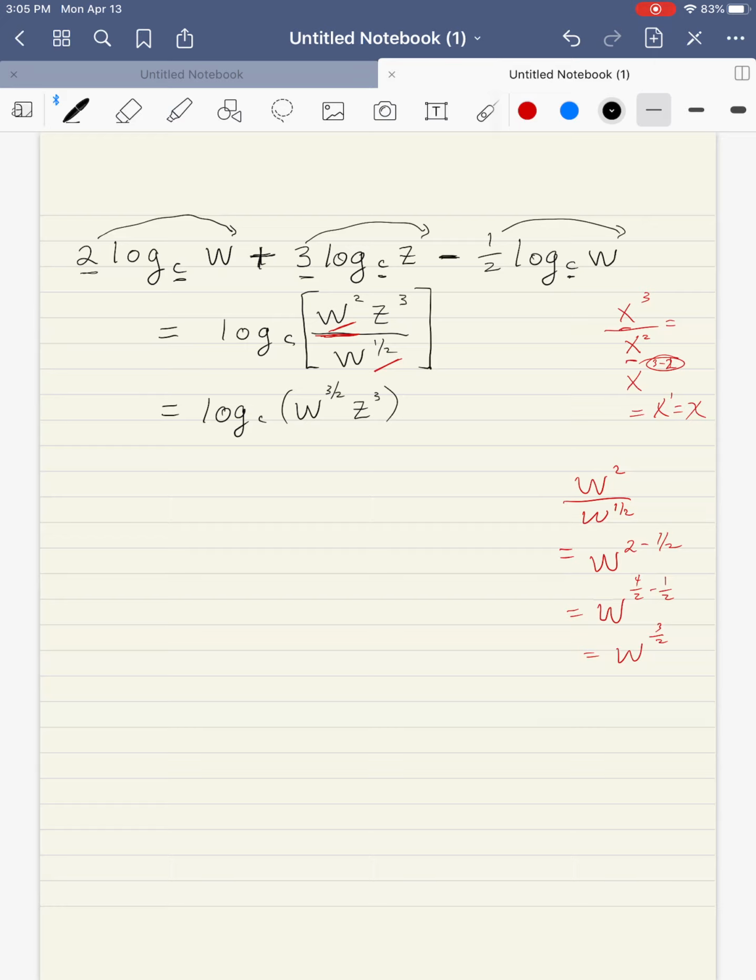All right, so on this one, we used all of our rules. We used the addition rule, we used the subtraction rule, we used the power rule, and then we had to simplify because we had the same variable to powers. In our next lesson, we're going to actually use what we've learned in these last few lessons, recognizing equivalent statements,